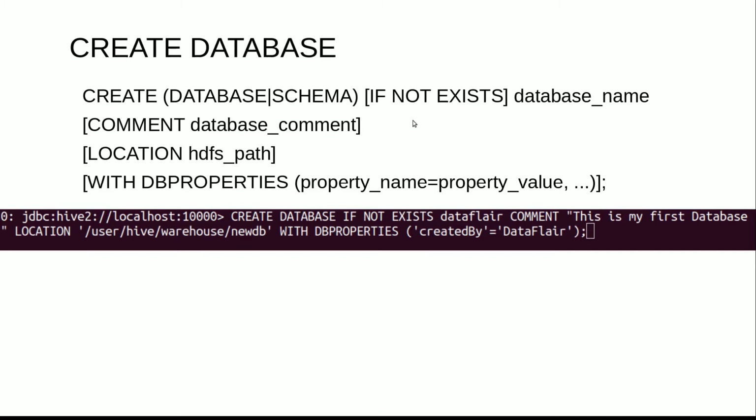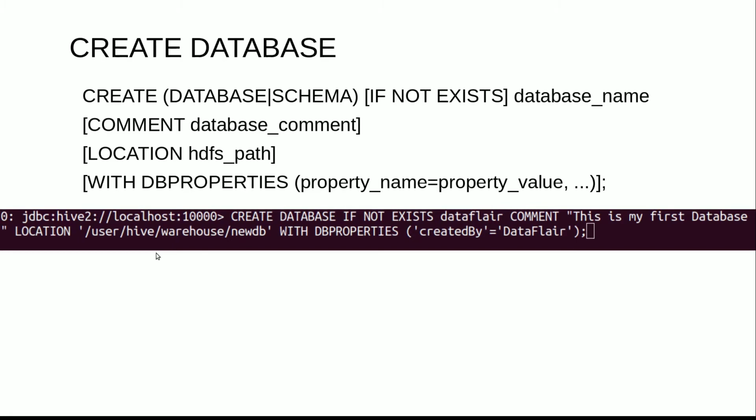So as you can see, the create database syntax is over here. You can also add the comments and the location. If you want to change the location, then you can add the location over here, and you can also add the DB properties. By the way, the default location is the Hive warehouse folder which we created while installing.